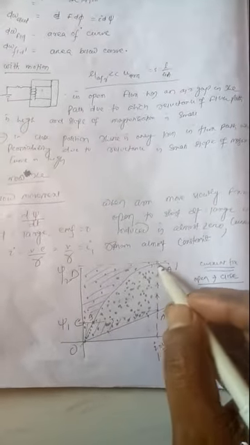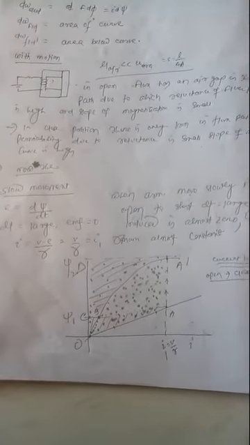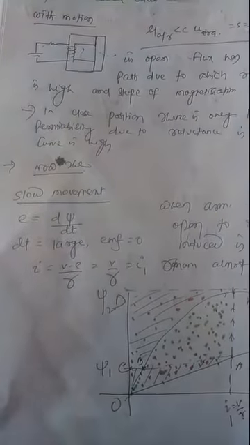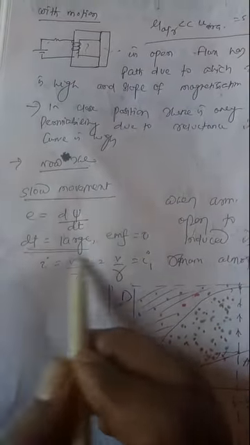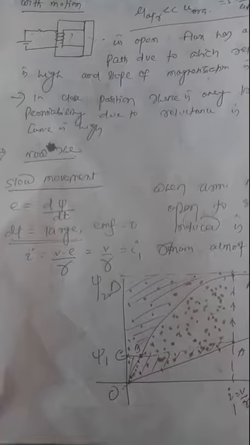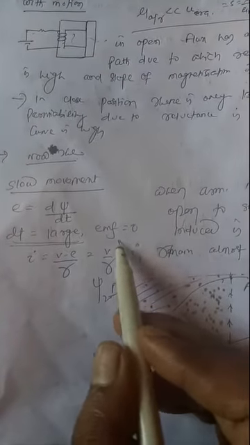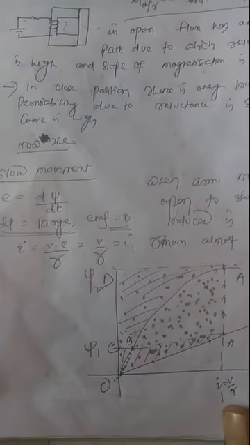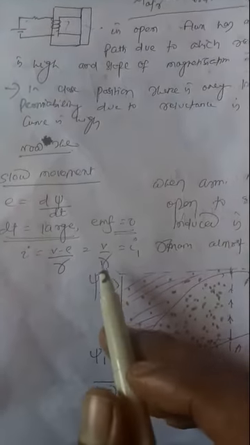At this point the saturation occurs. Okay, so just consider the saturation here. If we consider the motion is small, the slow movement, then E is equal to d psi by dt, and slow movement means this dt, the time, is large. So this EMF will be equal to 0. Okay, so the induced EMF will be 0.